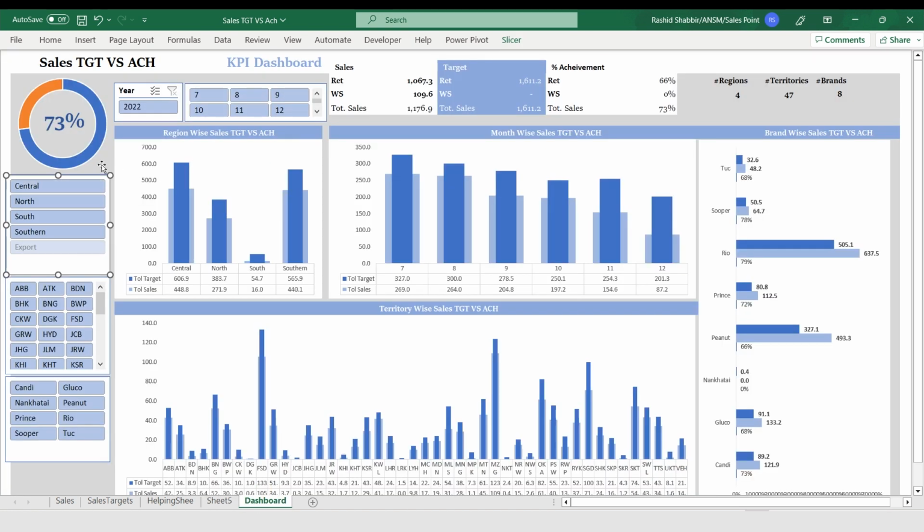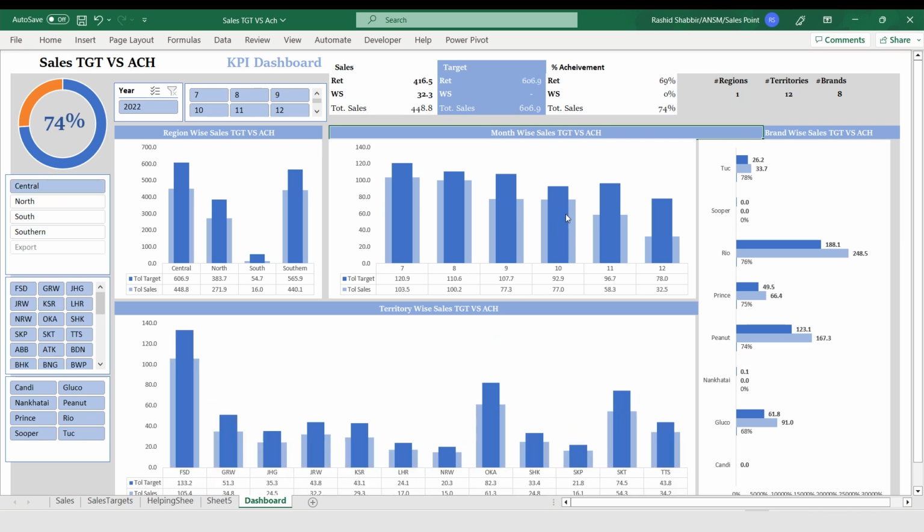Now if I select a region from here, it is slicing all the rest of the charts instead of region wise sales. So this is looking more comprehensive, this is looking more beautiful.